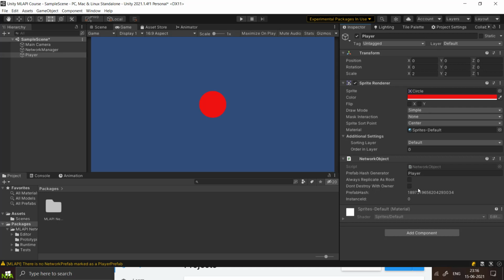Don't destroy with owner is a property that can be used to keep the object in the game even after its owner, or the client, leaves the game. So suppose you're playing a four-person game and one of the persons leaves the game.